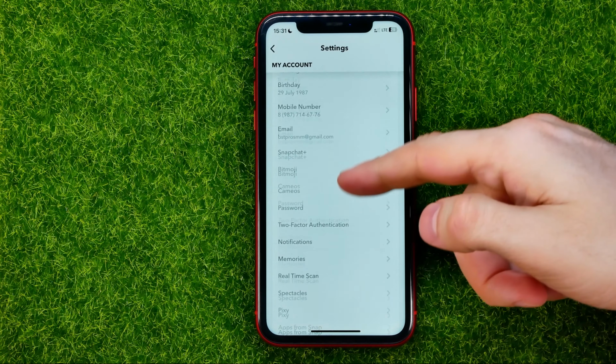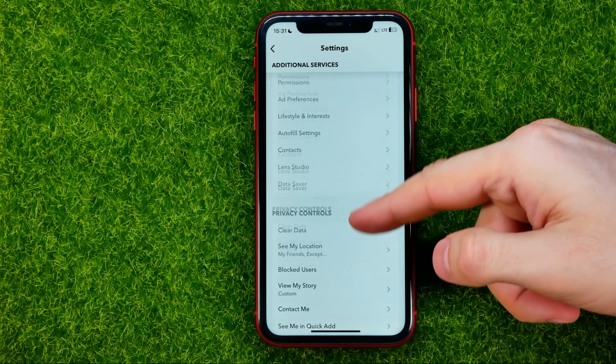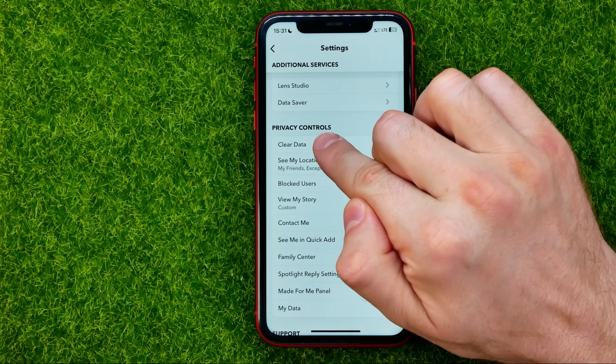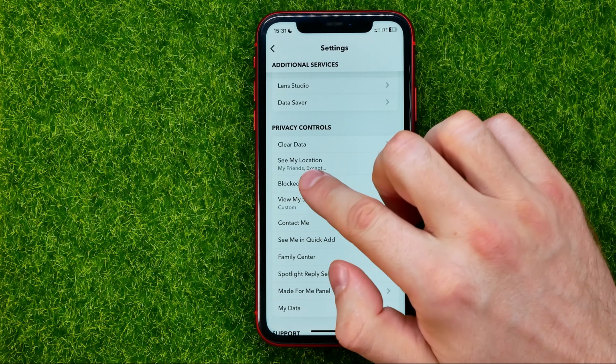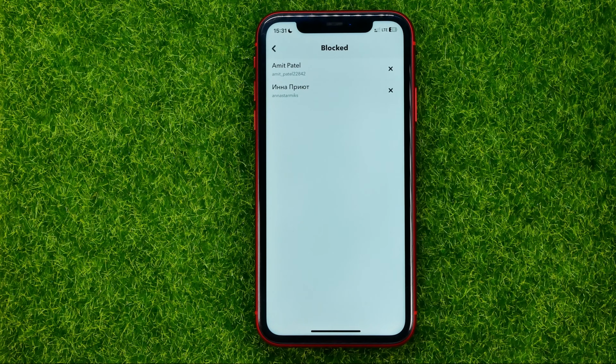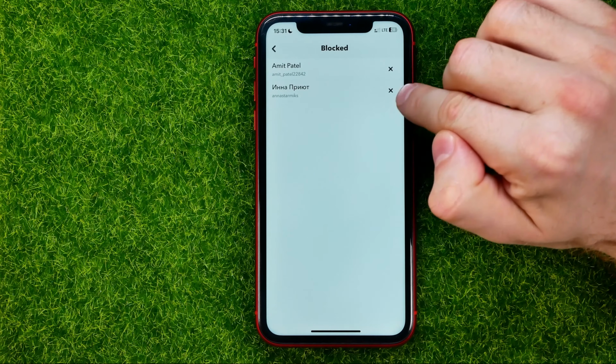On settings, scroll all the way down until at privacy controls you will find blocked users. You can just tap on it, and that will show you all users you have blocked on Snapchat, and from here you will be able to quickly unblock any user from that list simply by hitting